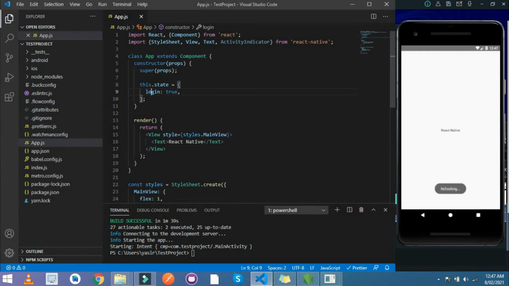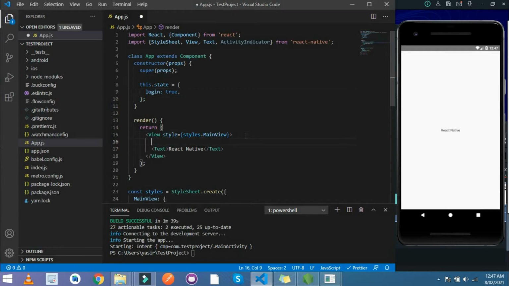Okay, go save and let's come to the main screen and I initialize here protected routes. And what is basically protected routes? Everything we write in JSX in curly braces, that is protected routes that work like an if else statement. Simply curly braces, and inside this curly braces I write here this.state.login is equal to true,